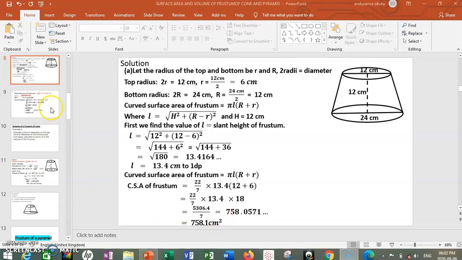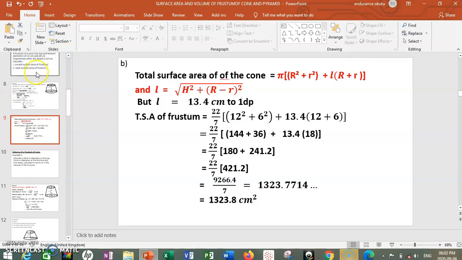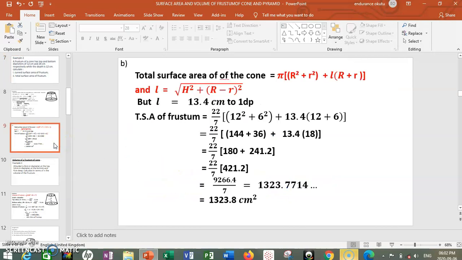Now let's also look at how to calculate the total surface area of the frustum. Remember, we are given 2 questions. The first question was the curved surface area, while the second is the total surface area of the frustum. So for the total surface area of the frustum of the cone,